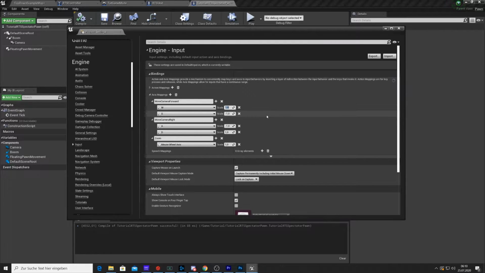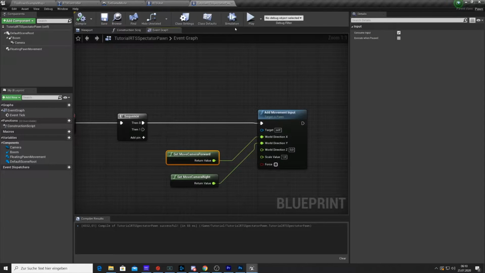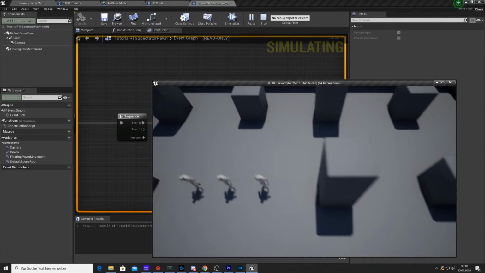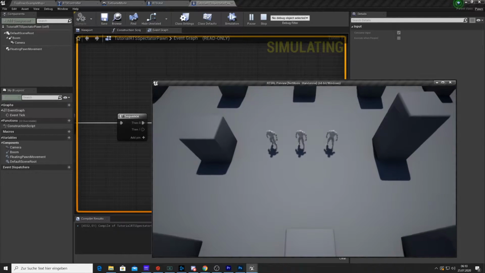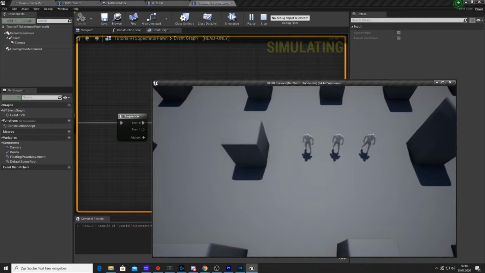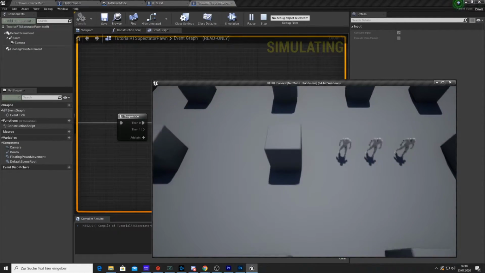So W is left, so this should be... No, W is forward. That's weird. Let's just change these. And now you can see we can actually move the camera,